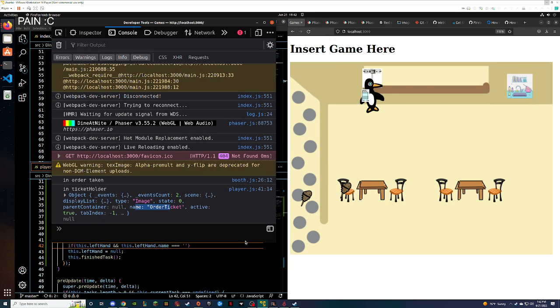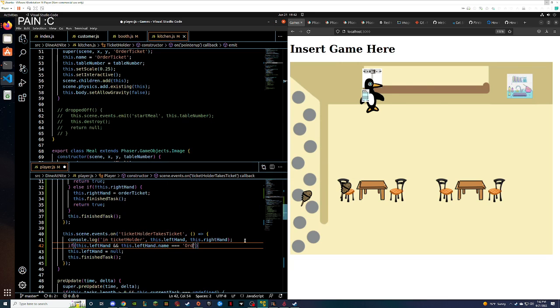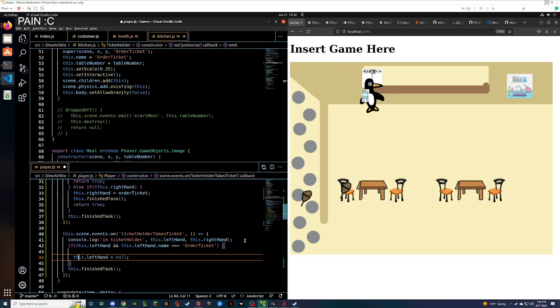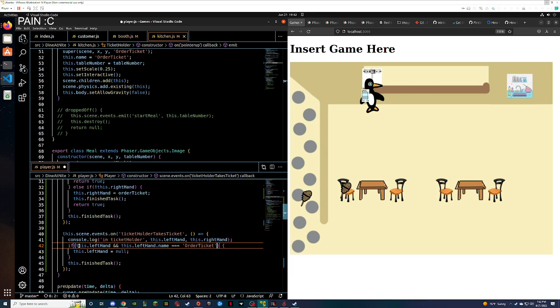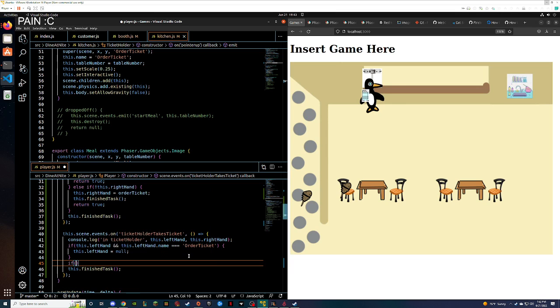How do I spell order ticket? Capital O, capital T, order ticket. And then we're just gonna add another if so it's more readable.